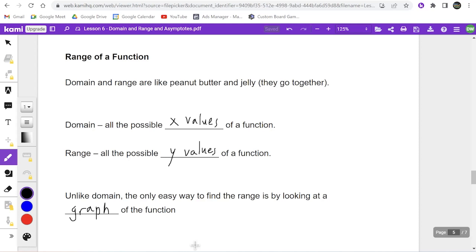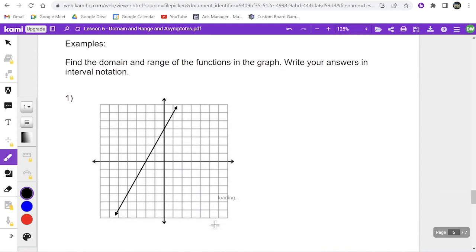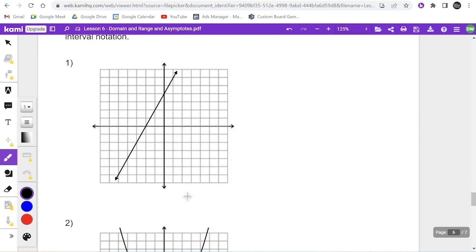So with that, I'm going to show you how you can find the range. Number 1, find the domain and range of the functions in the graph. Write your answers in interval notation. We see we have a graph here. As a matter of fact, this is actually the graph y equals, looks like the slope is 2. You can count the slope, it's 2, so 2x. And the y-intercept is 1, 2, 3, 4. 2x plus 4. We already know that the domain, based on this function, is negative infinity to positive infinity, because